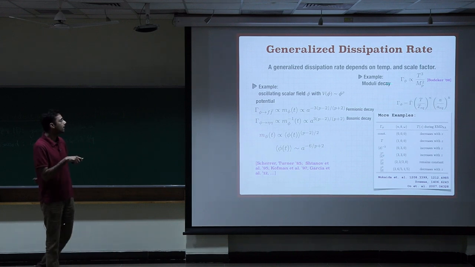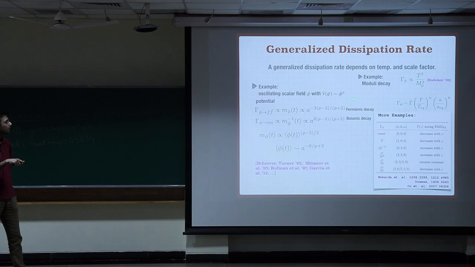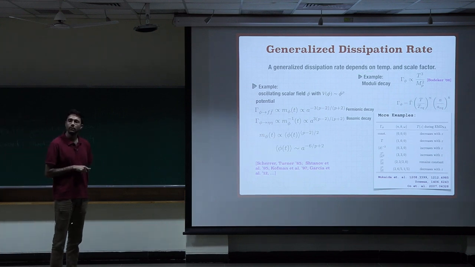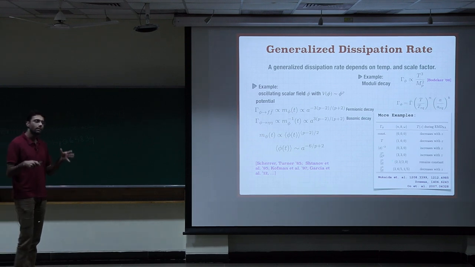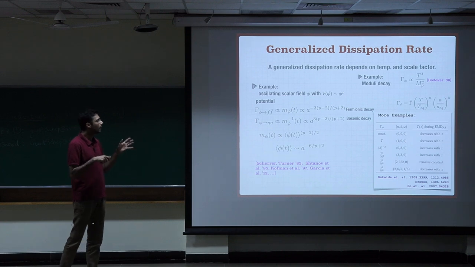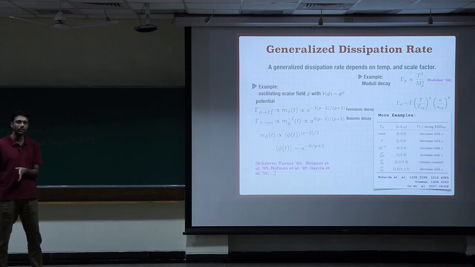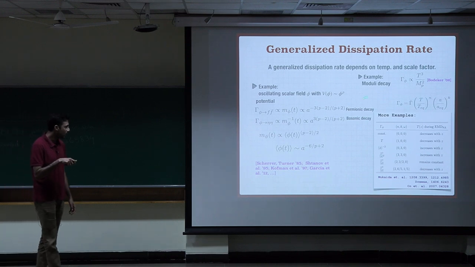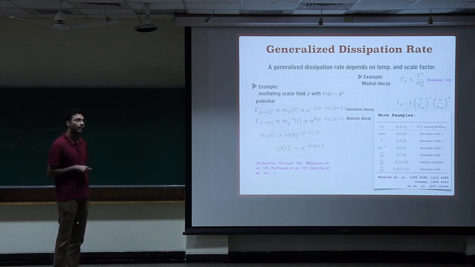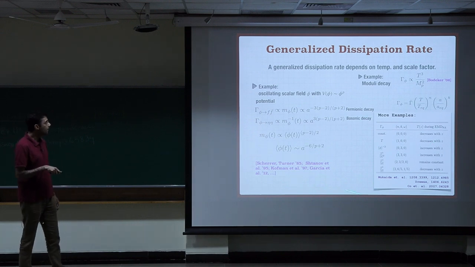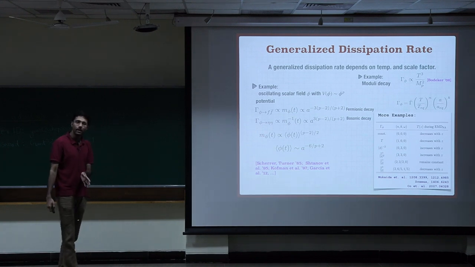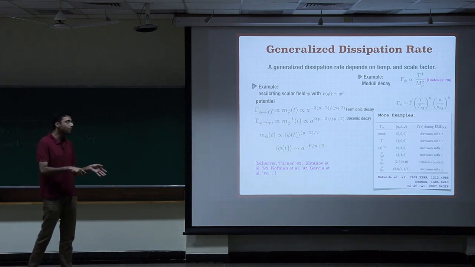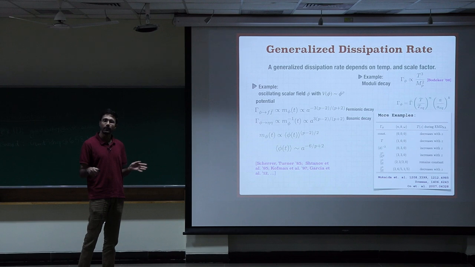For example, in a more model dependent way, you can calculate that the moduli decay goes as T cubed. Now, rather than going into a particular model, calculating this and doing that, one can also take a separate path and parameterize the decay width in terms of T and a, those powers. Depending on the powers and the equation of state of the scalar field, one could show that during such an early matter dominated era, due to the decay, the temperature not only increases over scale factor but sometimes also decreases.